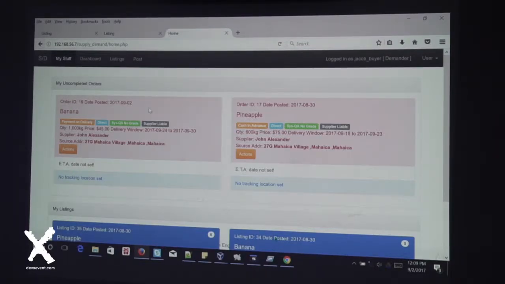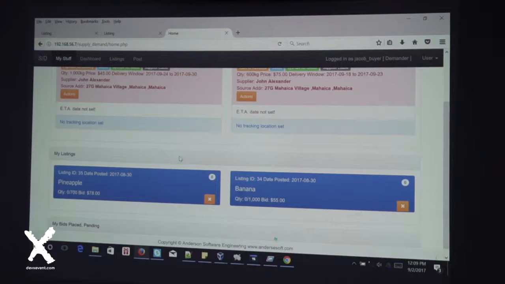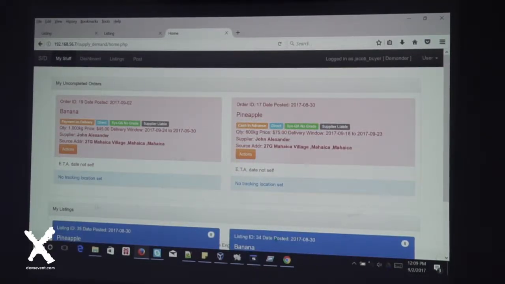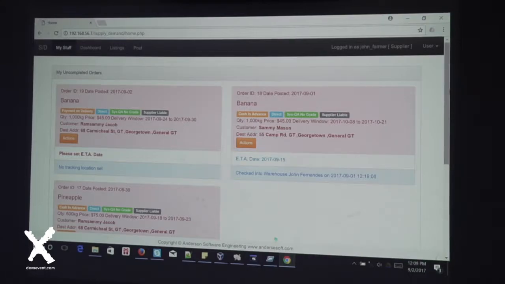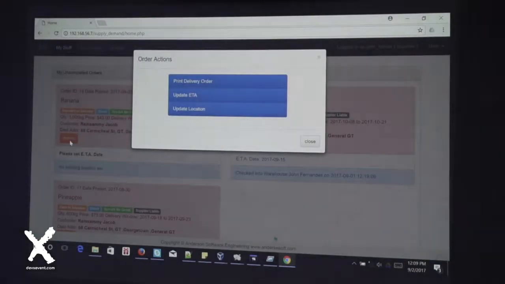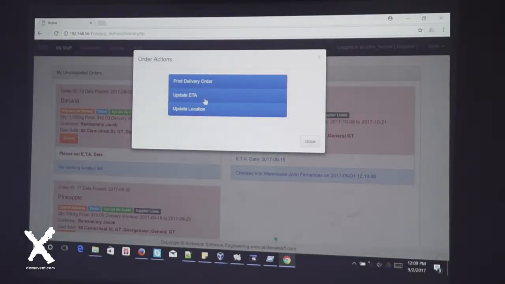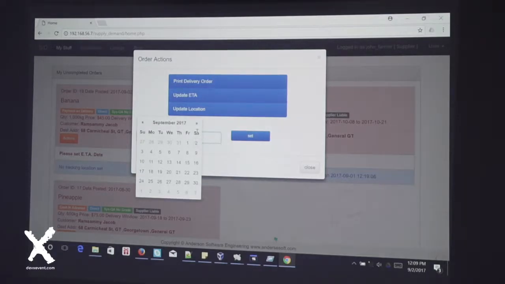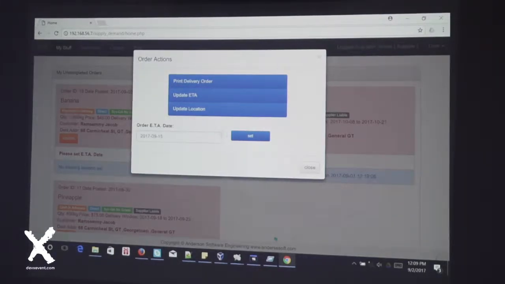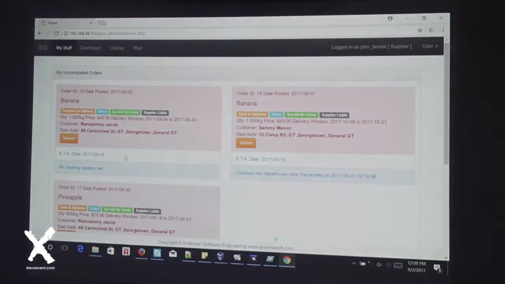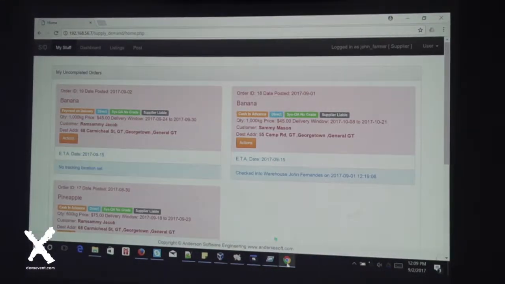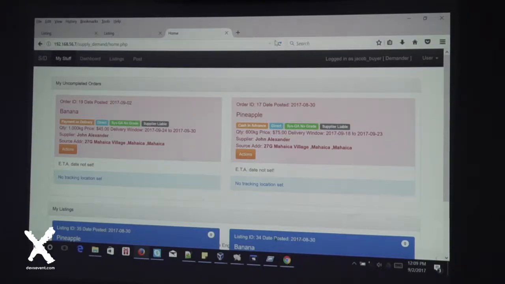So at this point, the supplier would see this order in his incomplete orders, and now he can choose to present the ETA to the buyer for when he's going to see the produce. And if we update, we are now back to the customer, you can see.